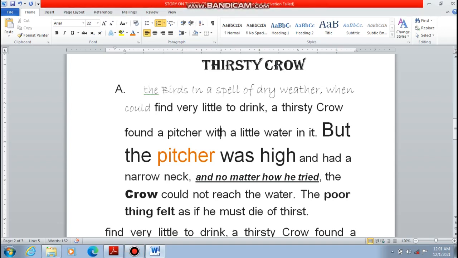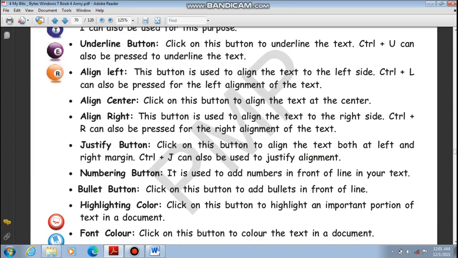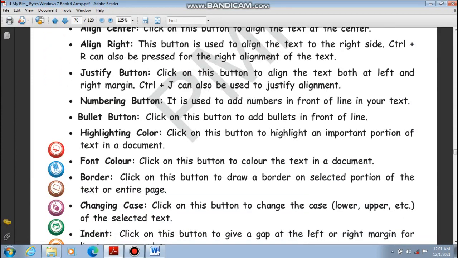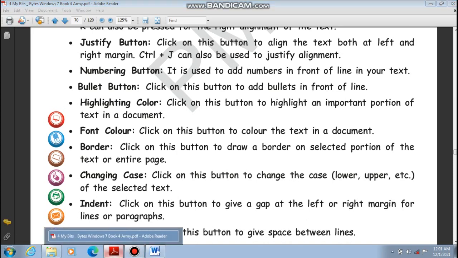Next, font color, border. If you want to give a border, click here.